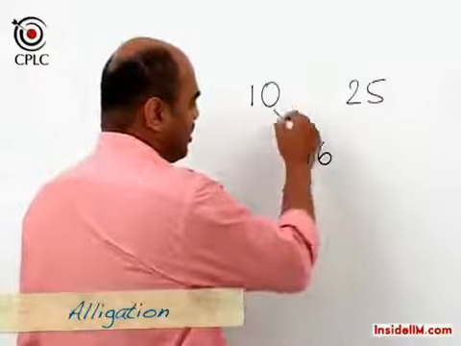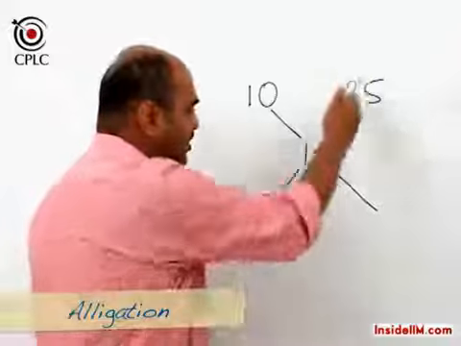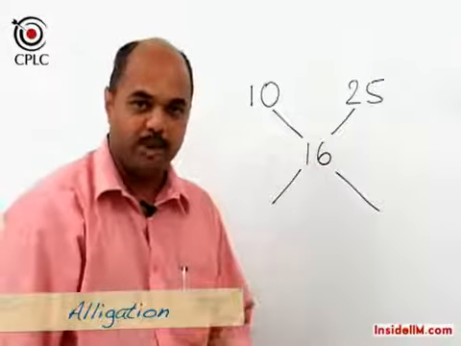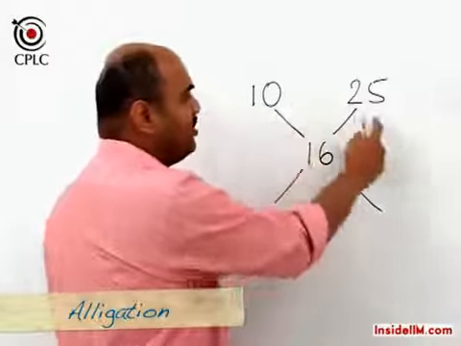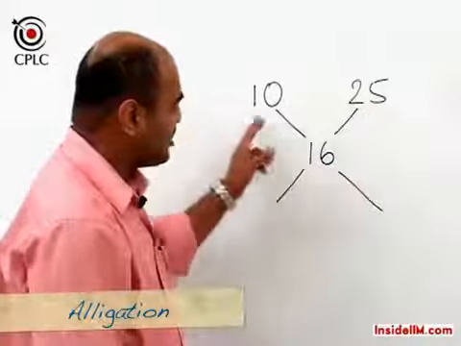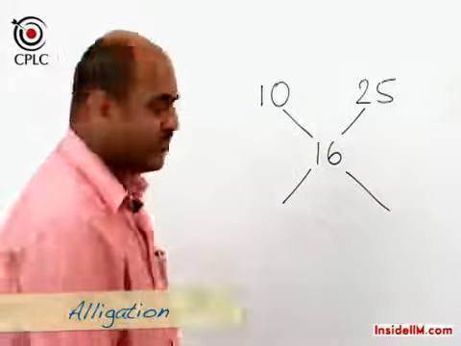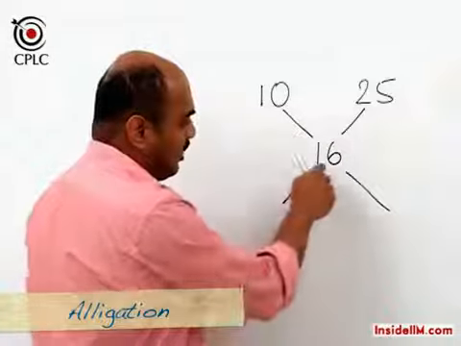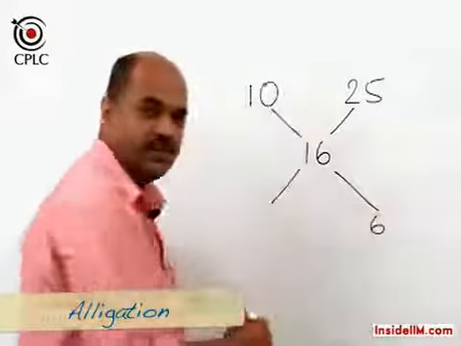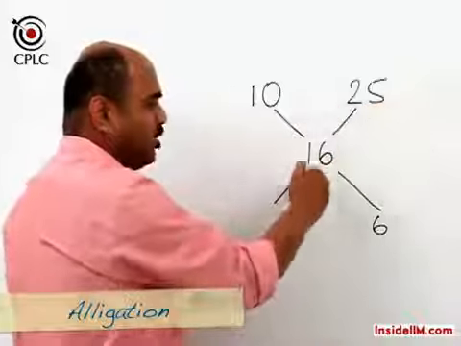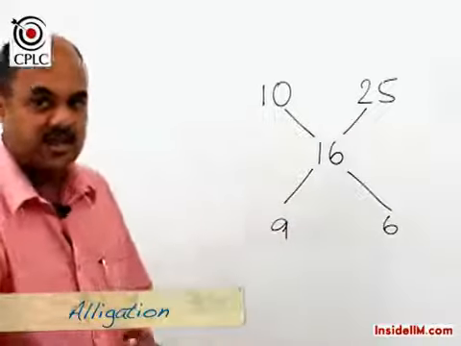Now the way we would solve this is by creating a structure of this type and then subtracting along these lines. Now one important point that we need to understand, if this is the average, then it has to lie between these two values. And if it lies between these two values, and if we were to subtract so as to get a positive difference, then one subtraction would be average minus the smaller value, which would give me a 6, and the other subtraction would be larger value minus the average, which would give me a 9. What do these two numbers 9 and 6 indicate?